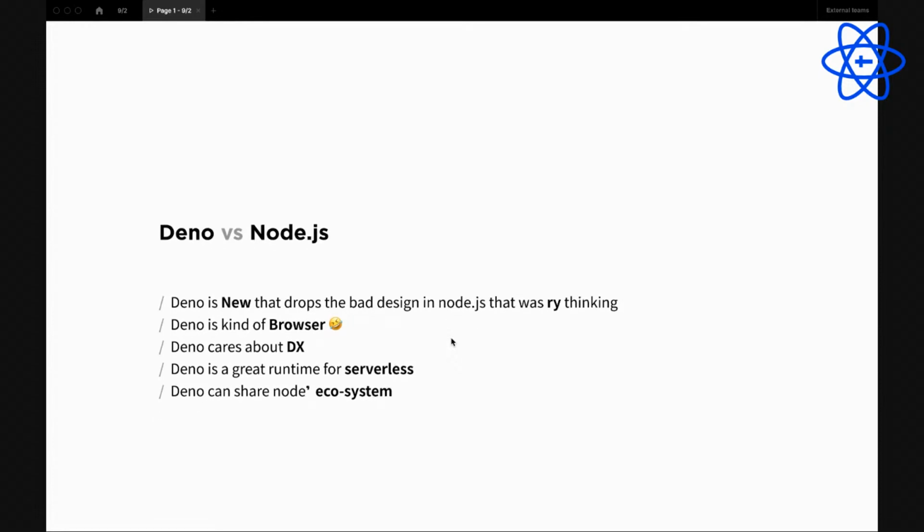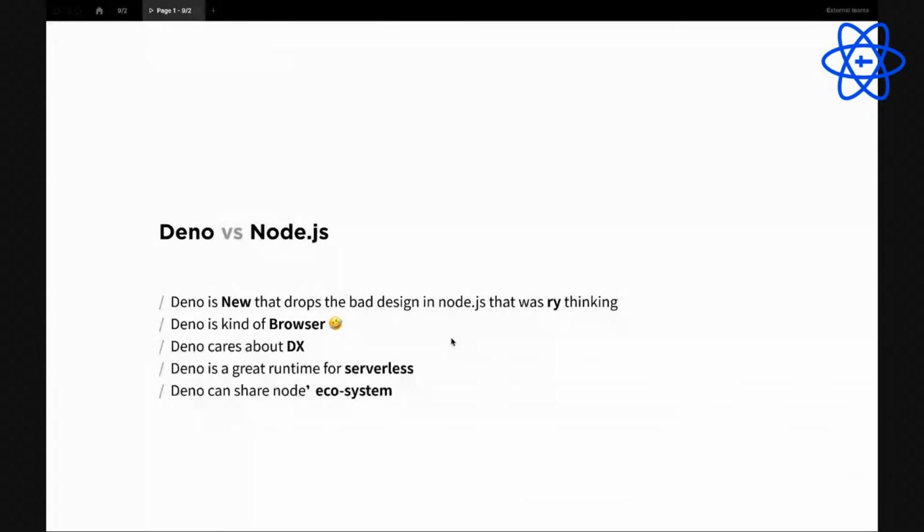And the other thing, Deno is a great runtime for serverless, I think. For example, if you write an API on Cloudflare, you don't need to do the NPM install. You just import the dependency from the CDN. I think this is very nice.